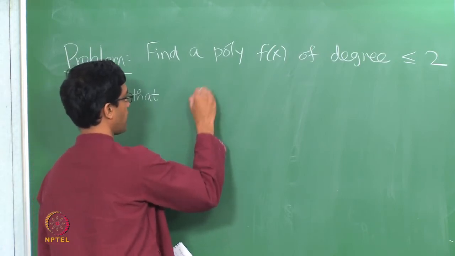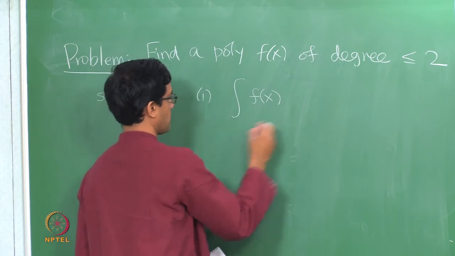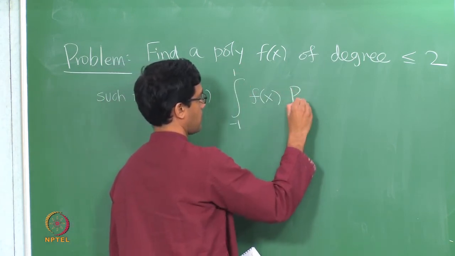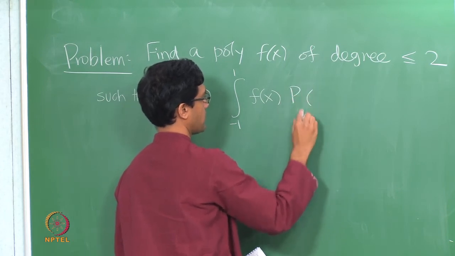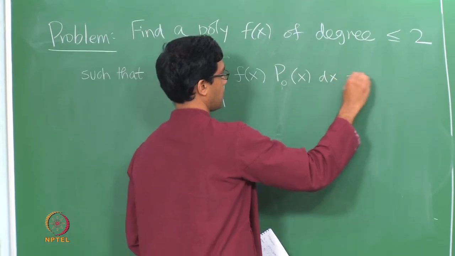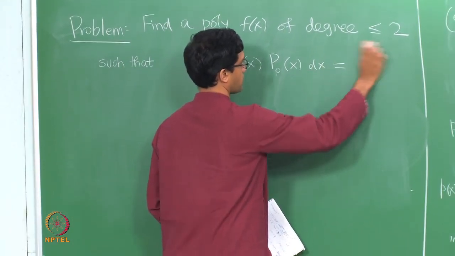So the conditions are the following: the integral of f of x with p0 of x is given to be some number, let us call it b0,